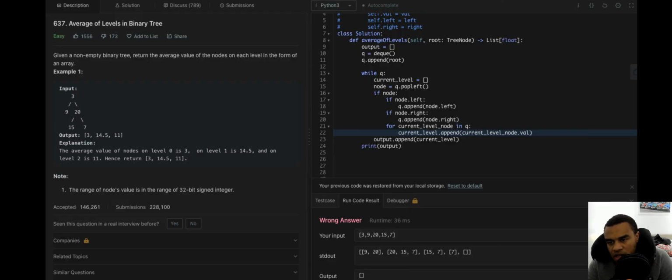For current level in Q, is something wrong with Q? If node dot left, Q dot append. It's been 30 minutes.